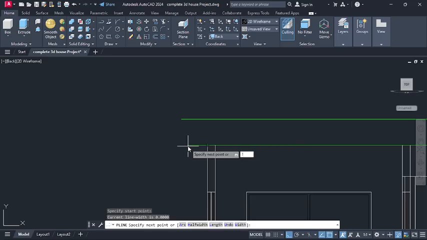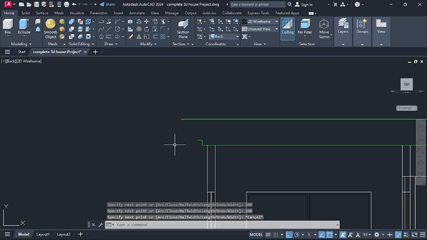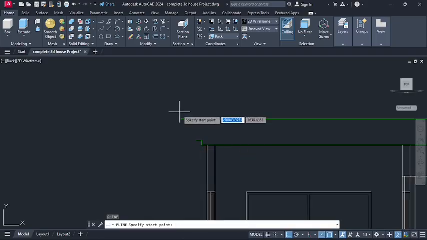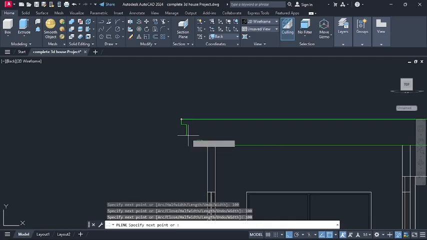at a distance of 100, going up 100, going this side 100. I'll press on enter, I'll go on escape, I'll press on enter for the previous command and I'll select and I'll make a line here coming down 100 again, press on enter, going this side with a distance of 100. I'll press on enter, coming down 100, I'll press on enter, then I'll go on escape and here